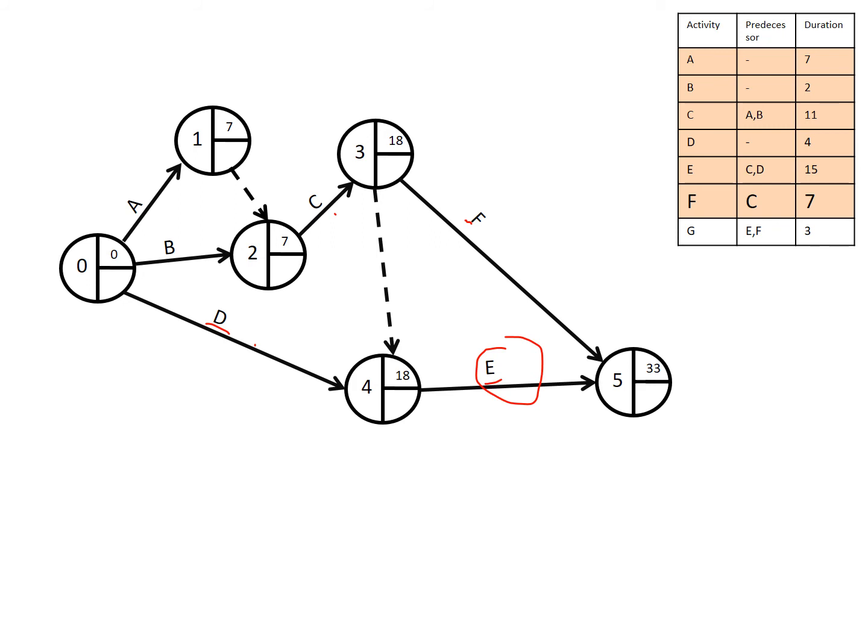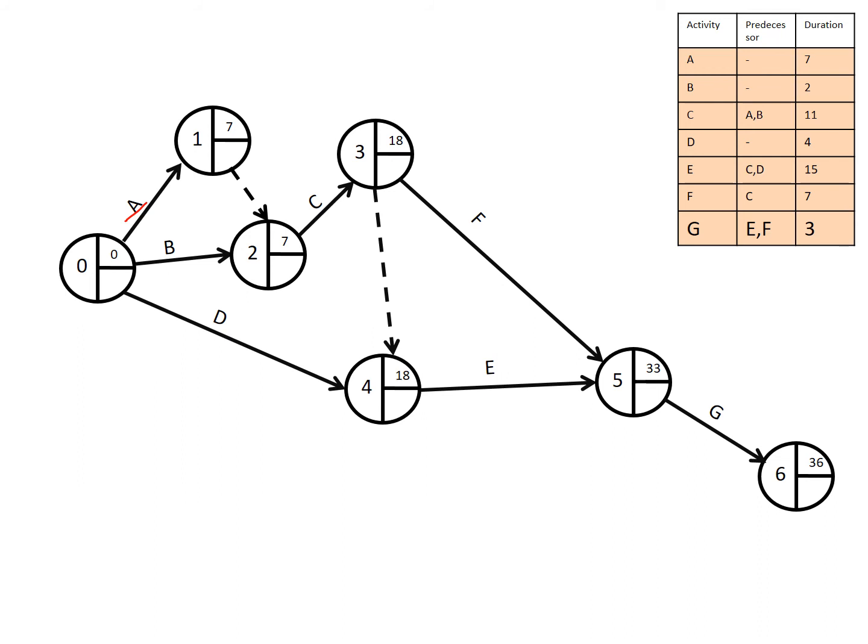Okay. Then when we move forward, we have G, and G emanates from the convergence of both F and E as shown. So we'll find that as I progressively drew my network, I also filled in the times, that is the earliest start time or the earliest finish time. For activity A, for instance, the earliest start time is 0, the earliest finish time is 7. For activity G, the earliest start time is 33, the earliest finish time is 36. When you move forward,